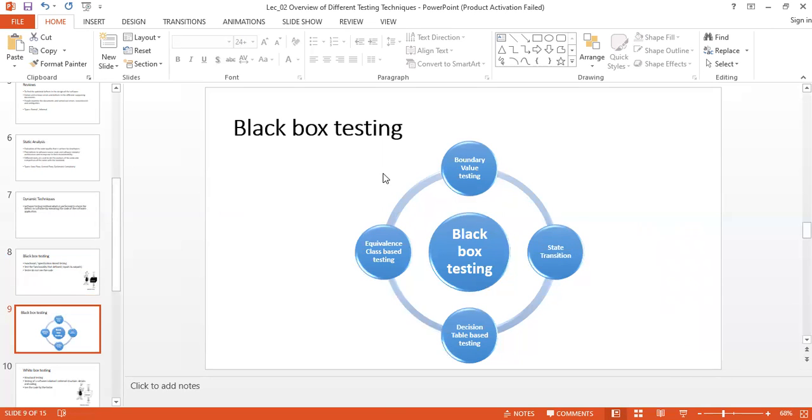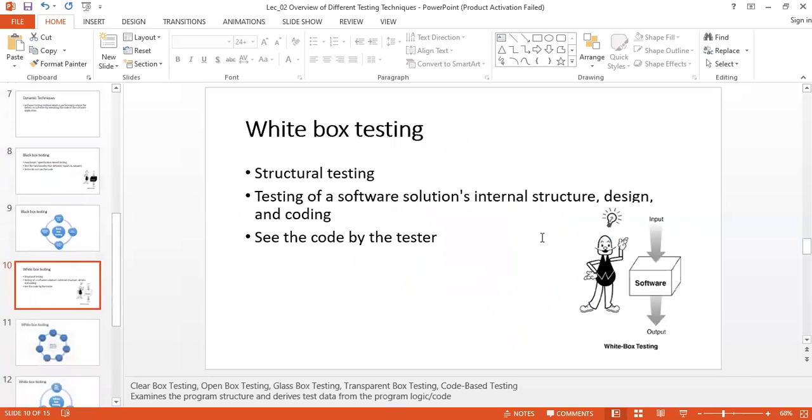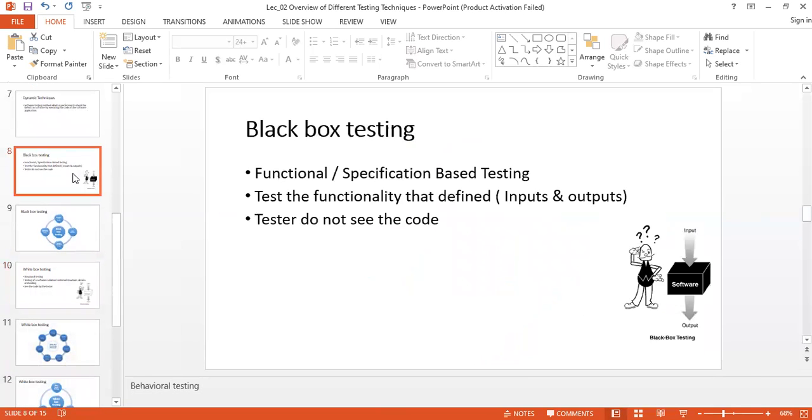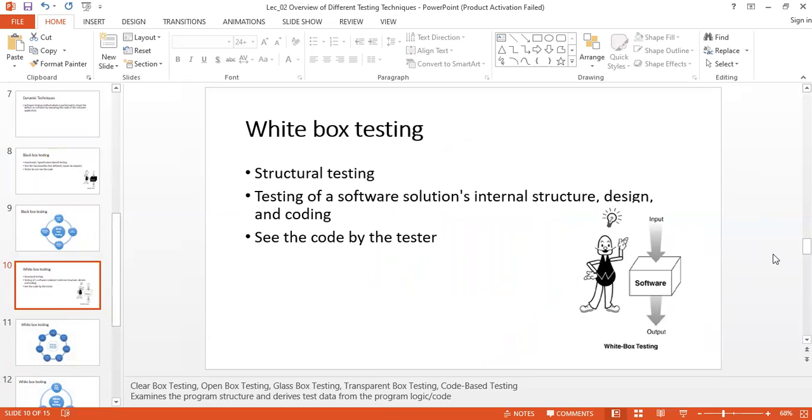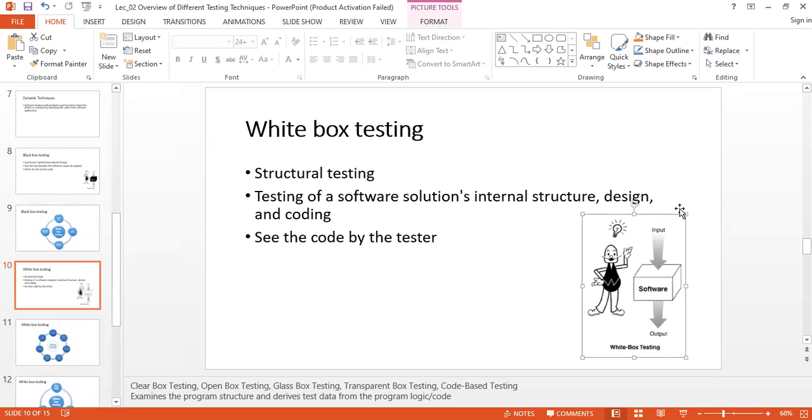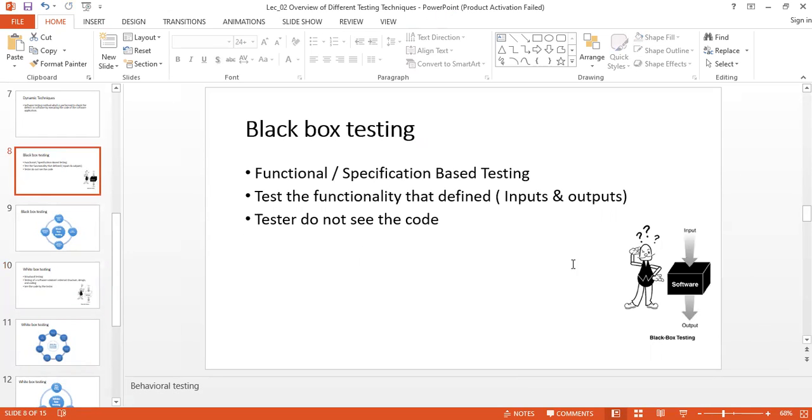These are like we will go through in the next slides. So the white box is the other way around of this black box testing. Instead of considering the software as a black box, we think the software is a white box or a glass box. It means we can see inside of the software, basically the structure or the code of the software, right? So then we know the code. In the black box case, we don't see the code or we don't know about the code.